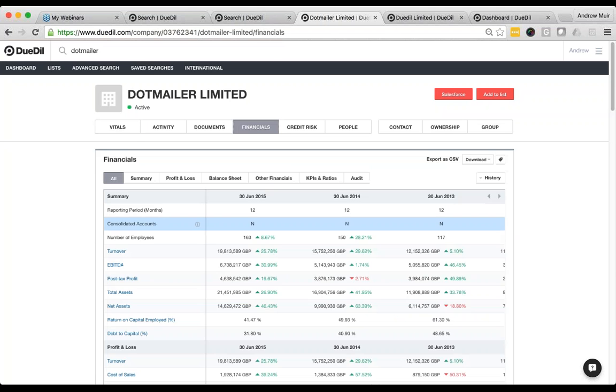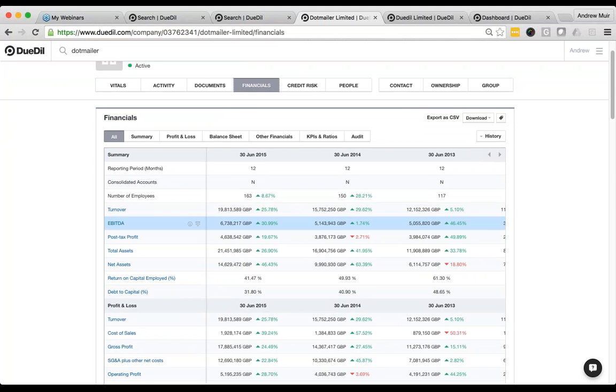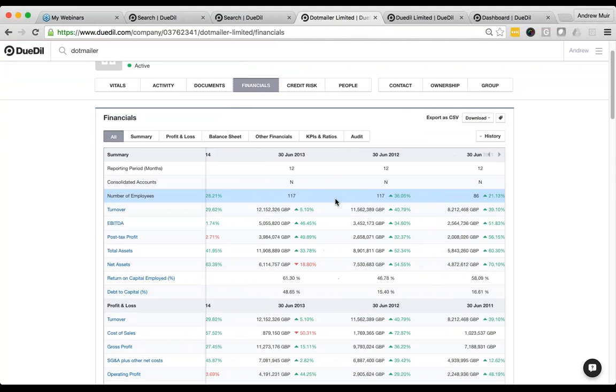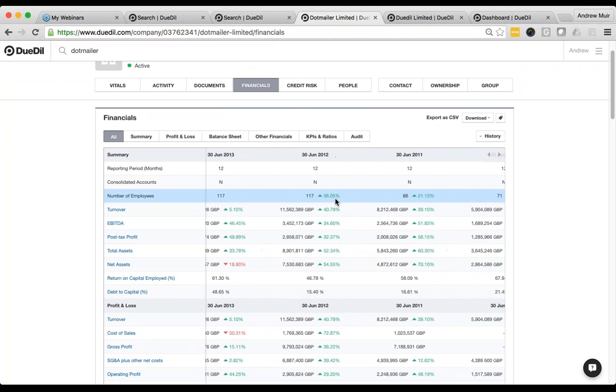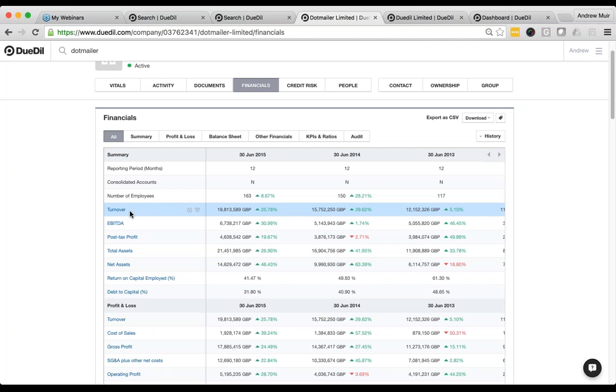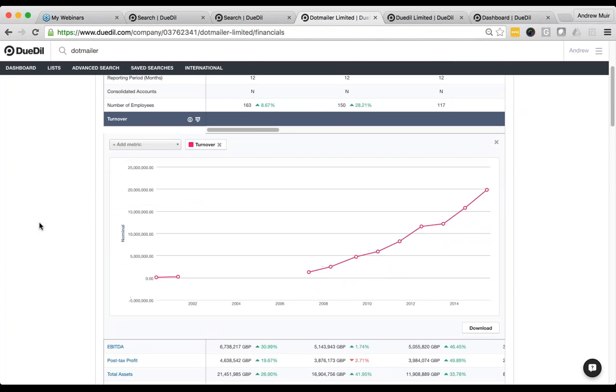So we know that they're making 20 million in turnover and they're growing. That's great, but how are they doing historically? If I click here, first of all, I have 20 years of financials available. I think this company is less than 20 years old. But if I click on a specific item like turnover, I'll be able to have a graph version of it in just a second, and we'll see how we can build an interesting profile of that company in just a few seconds.